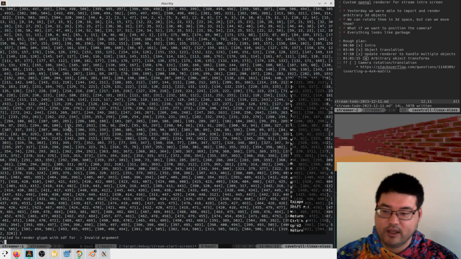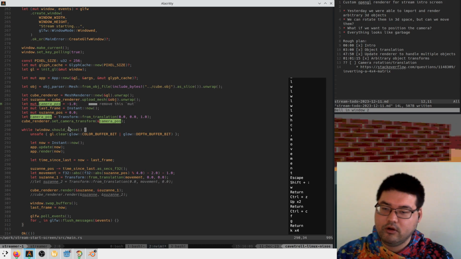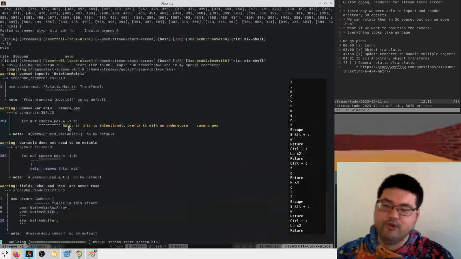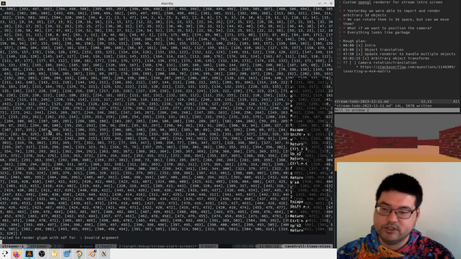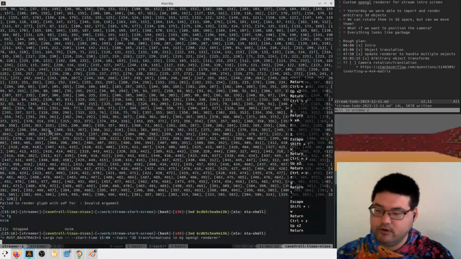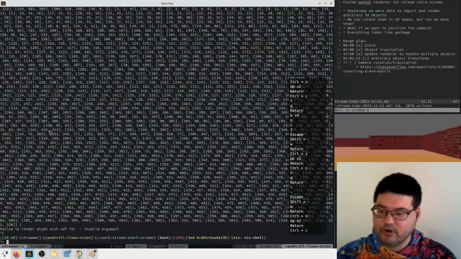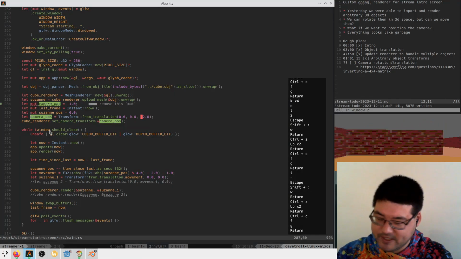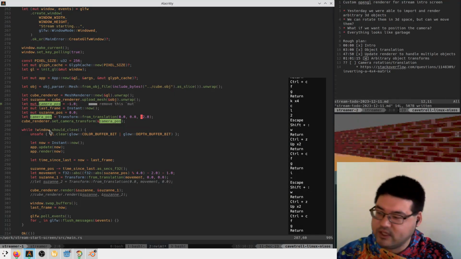Okay, and if I get closer now, or I put this at 2.0 instead of 1.0, she's gone. And if I put this at -2.0, she's also gone, which makes sense because the clip space is actually -1 to 1. But we haven't accounted for,